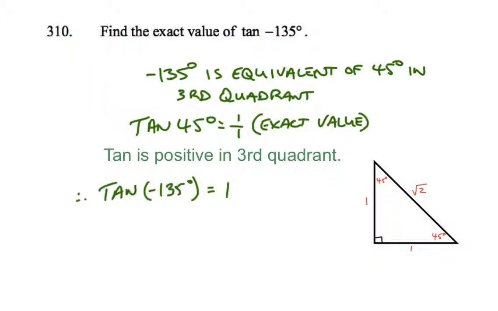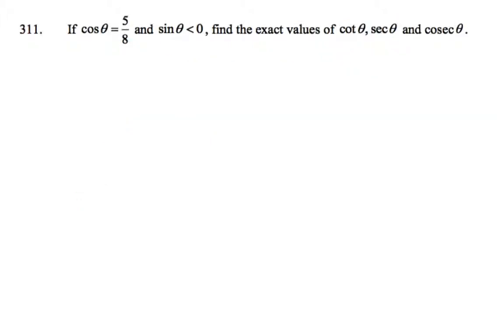So quite a lot of thinking. There's usually three things you have to think about. You ask what is the equivalent acute angle we're talking about, often 45, 60 or 30, and we can get the size of that exact value from our triangles using 30, 45 or 60, but we have to